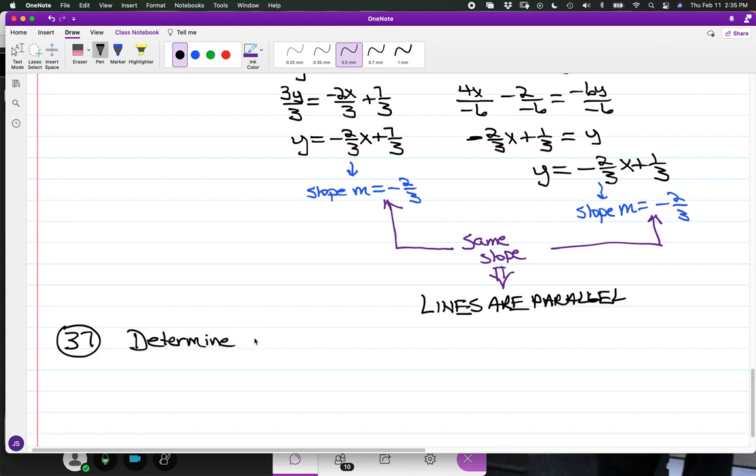And we have number 37, where you're looking at determining the equation of the line that's going to run through (2, 5)